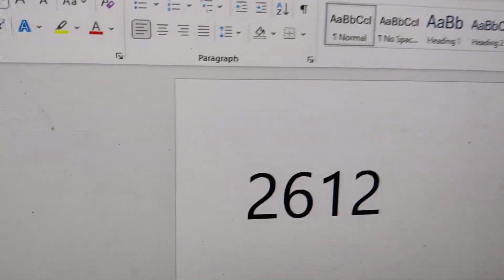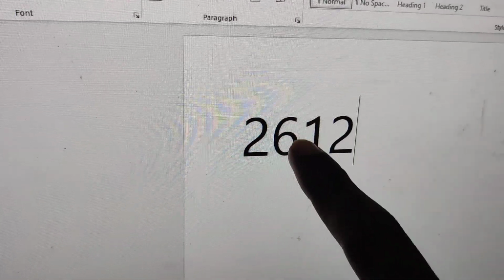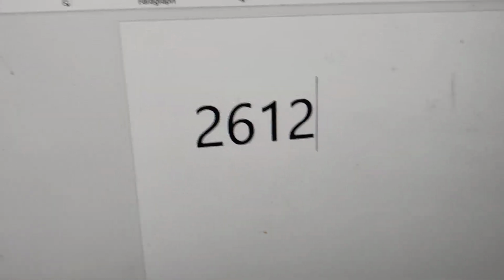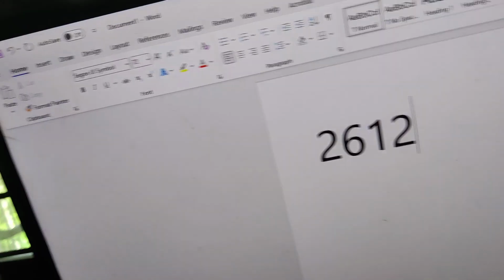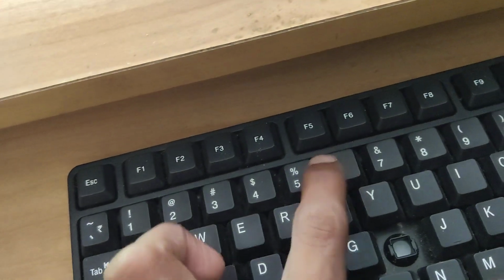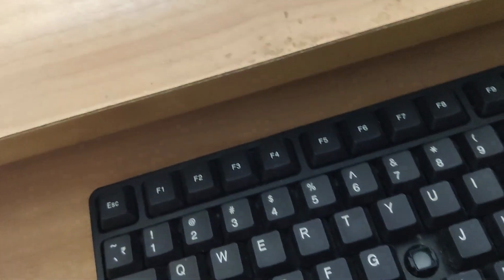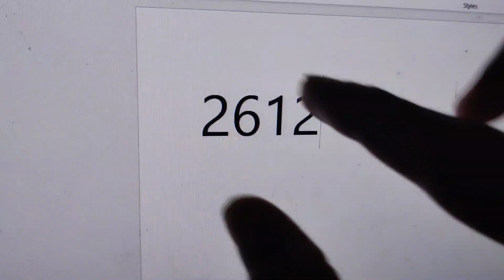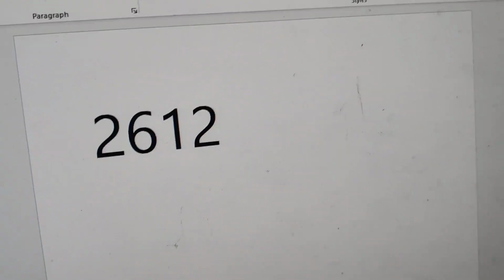So I open Microsoft Word on my Windows computer and I simply type here 2612. After opening Microsoft Word, you can simply go to your keyboard and type like this: 2612. So it is very simple. You must type 2612, and after typing this 2612, you once again go to your keyboard and there you can see